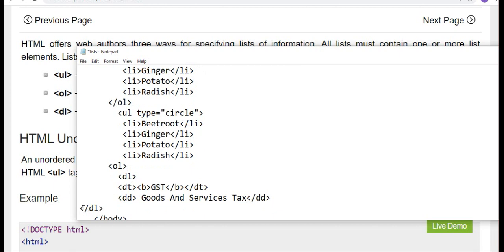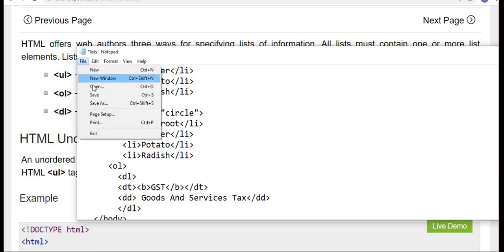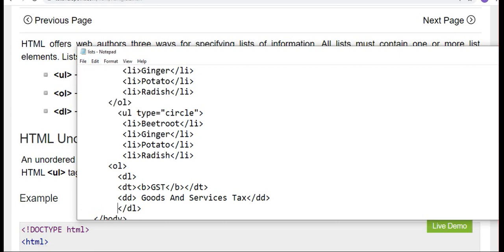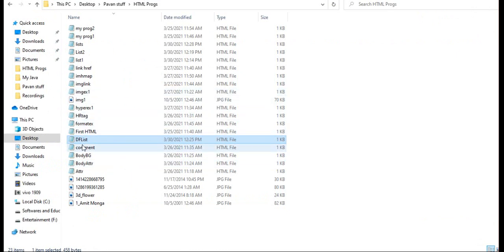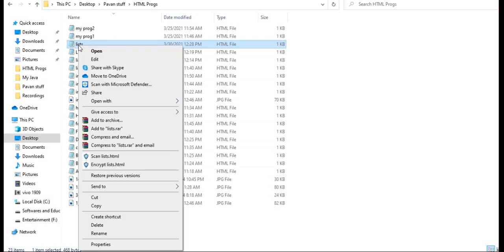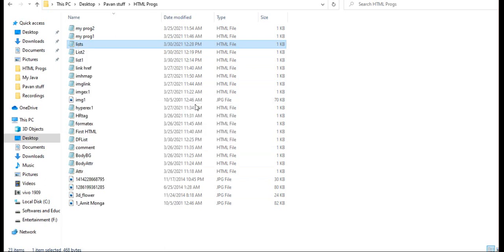So file, save, lists, right click, open with browser.